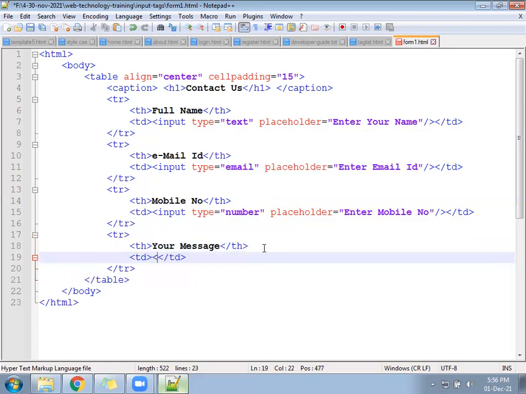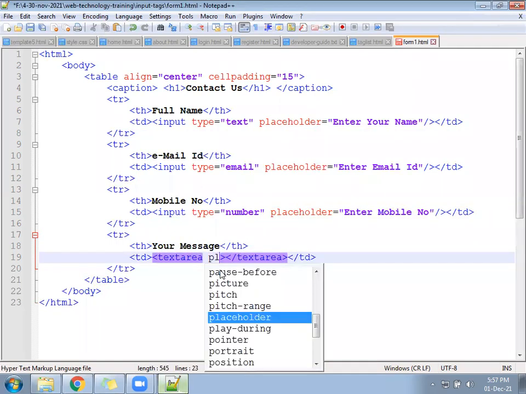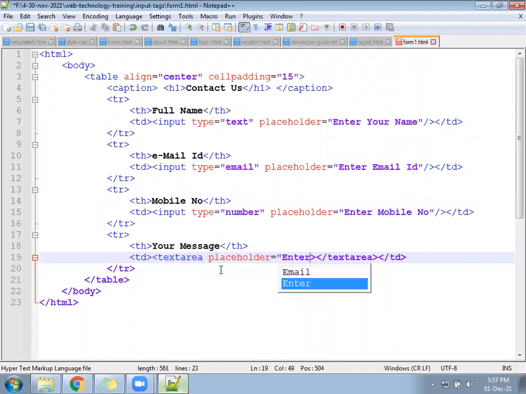TD, textarea open, textarea close, placeholder, Enter your message. Look similar, something like this.